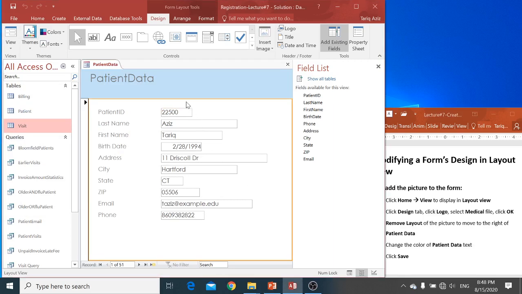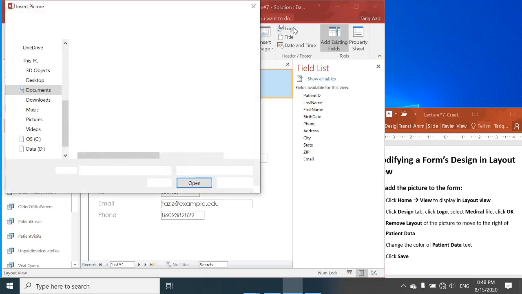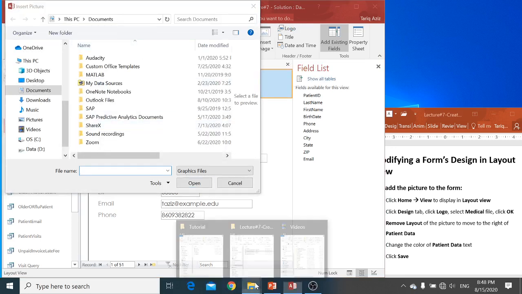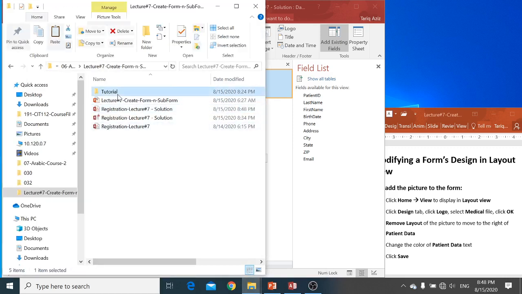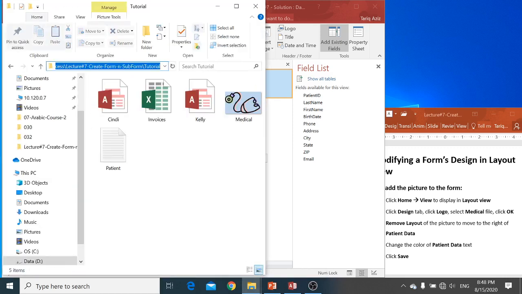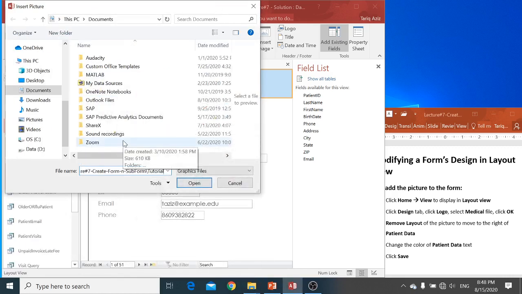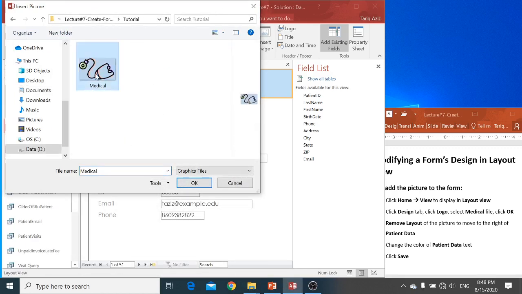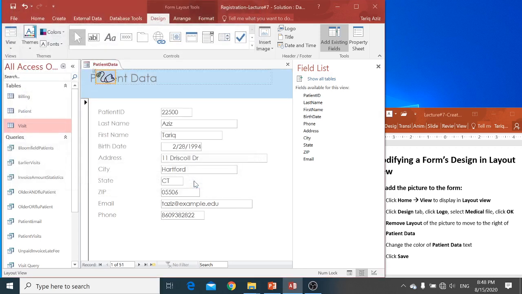Now I would like to add a picture, and I want to give a space in the patient data. If you see here, I can give a space, but I want to be on the same line, so I can bring it like that. Now in the design, I can click on logo, and from the logo I can select the picture, so I can get this path. So I can go to this path, I can pick the medical picture. Now if I want to drag,